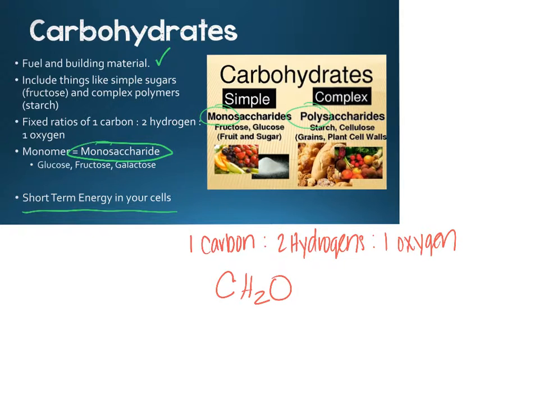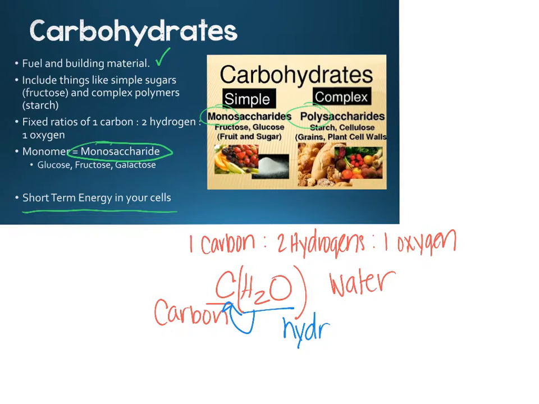Well, let's break this apart. We know H2O is water. And we know that just C is carbon. Well, what's another word that you use when you drink water? You're hydrating yourself. So if we look at the name of this molecule, it's a carbohydrate because literally it is a hydrated carbon because of this ratio. So we hydrate carbon